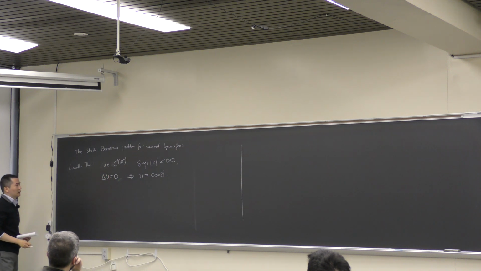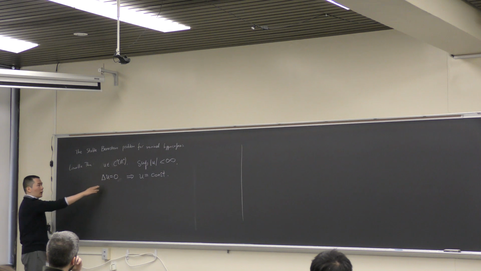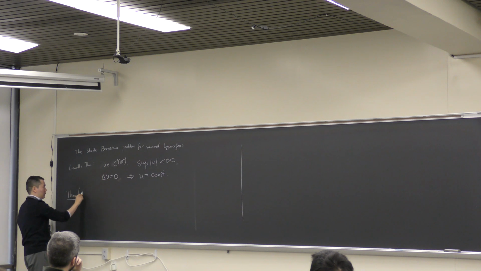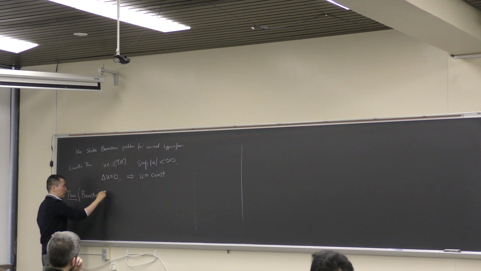It's of course a classical theorem, and then Bernstein was basically thinking about a similar rigidity problem for another type of PDE, and a theorem that he claimed, which is correct,